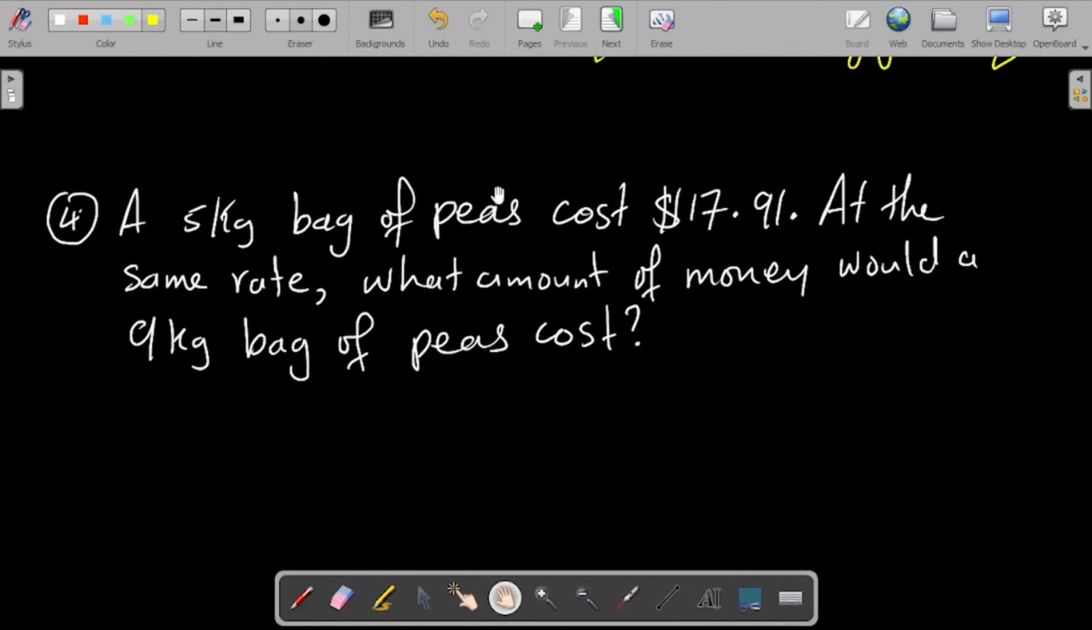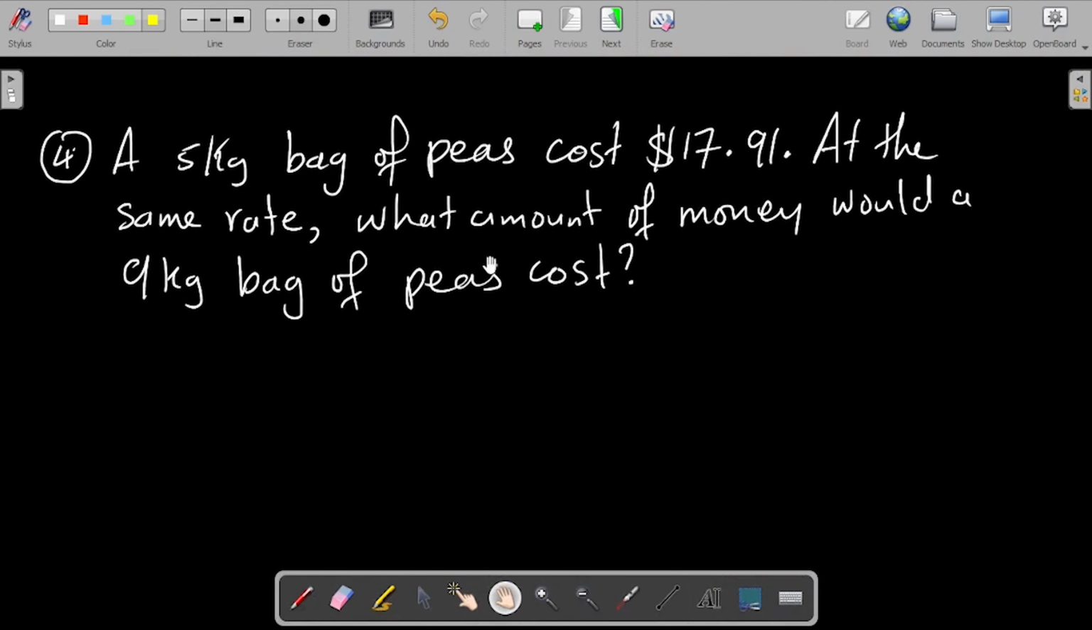Let's continue. Number 4 says a bag of peas costs $17.91. At the same rate, what amount of money would a 9 kilogram bag of peas cost? The question is what amount of money. So our answer has to be in dollars and cents. So that means that amount of money has to go on the right of the equal sign. So we know 5 kilograms equals